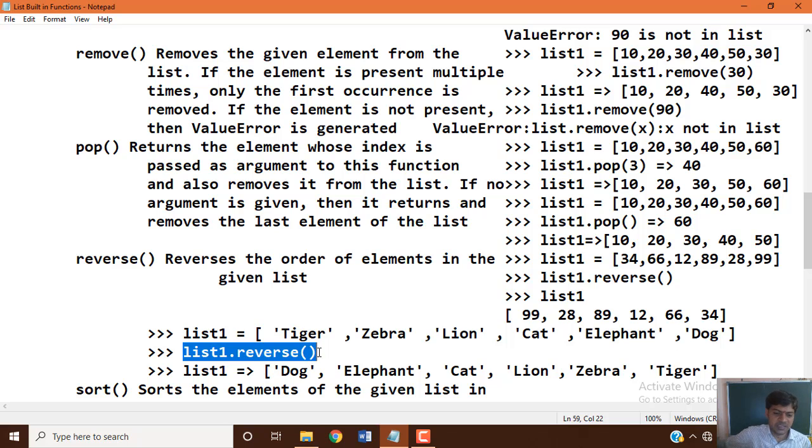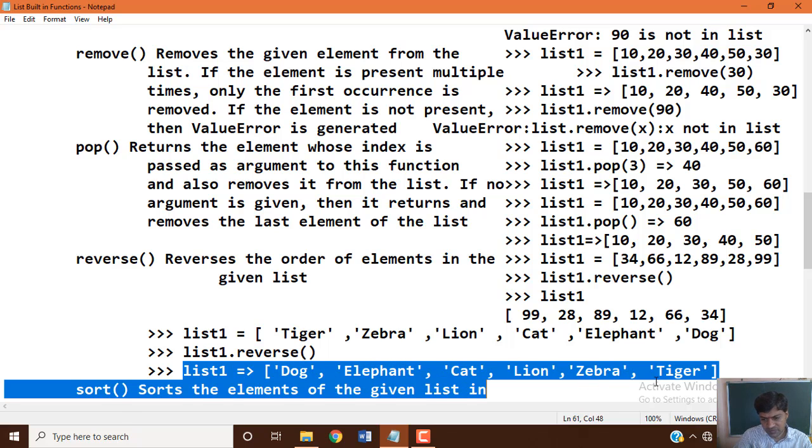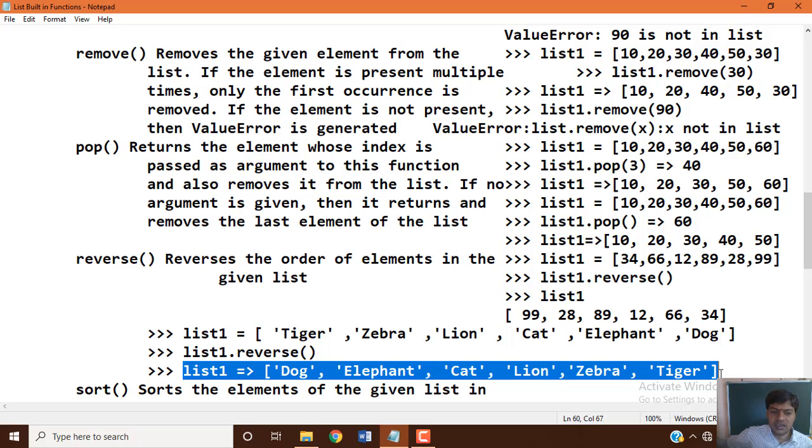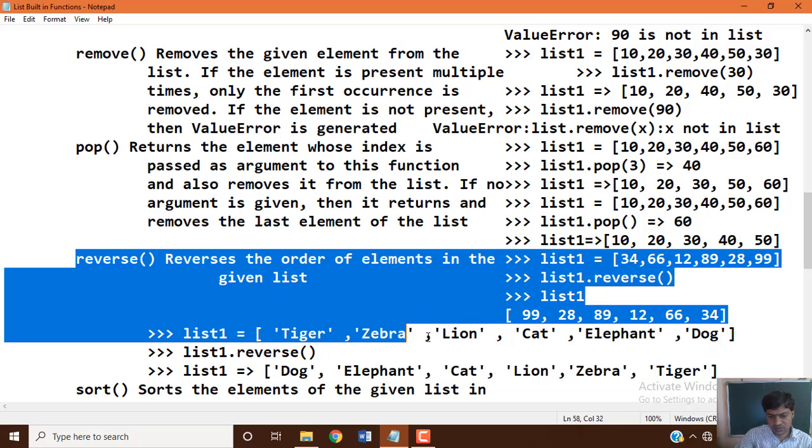When you execute this statement and then print the list 1 variable data, you will see the reverse order of those data items. So that is how the reverse built-in function works.